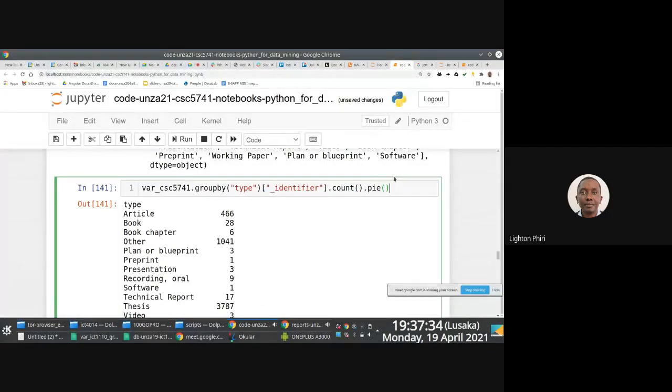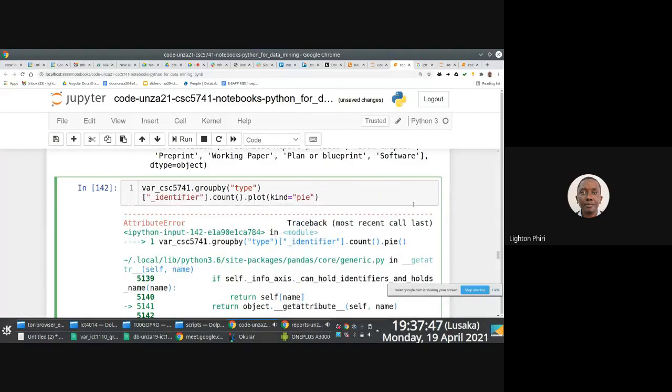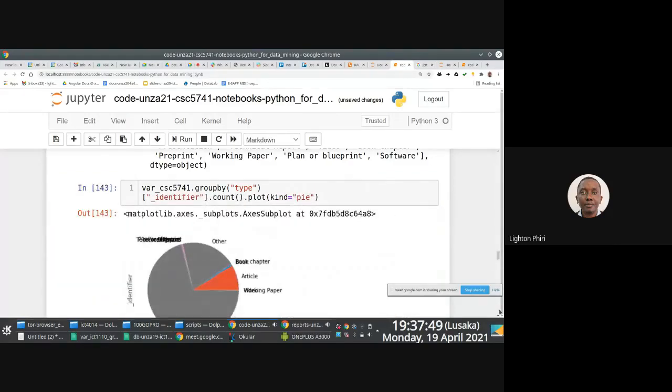Can I plot a pie chart? Dot plot, I think it's plot or something. Plot kind should be kind equal to pie or something. I don't know if this will work. I hope it does work, but there we go. So you can actually,